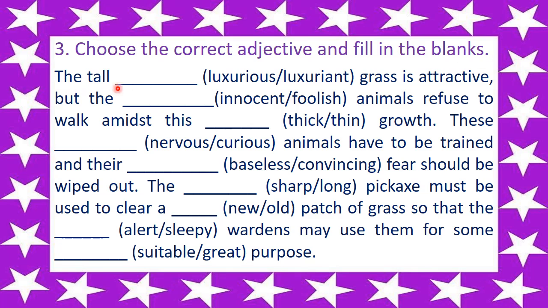So first, the tall dash. Now which will be the correct one? It will be luxuriant. So the tall luxuriant grass is attractive, but the dash animals refuse to walk amidst this dash growth. So it will be innocent animals, and thick growth. These dash animals. So as they are innocent, so we'll write here, these nervous animals have to be trained and